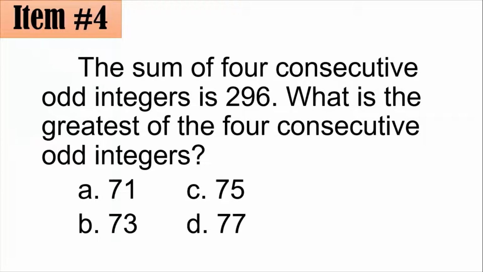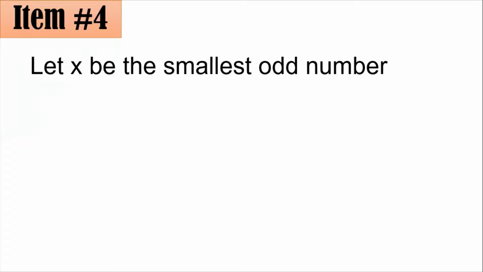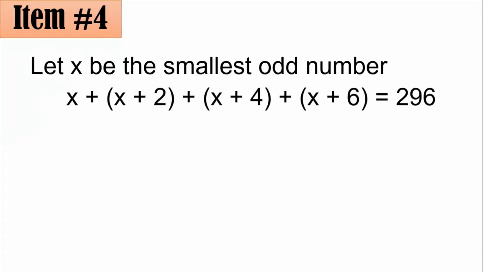So in my case, I represented the smallest odd number here as x. And remember that consecutive odd numbers differ by 2. So the next higher odd number is x plus 2. After that, you have x plus 4. And the fourth one is x plus 6. And that the sum of these 4 odd numbers is